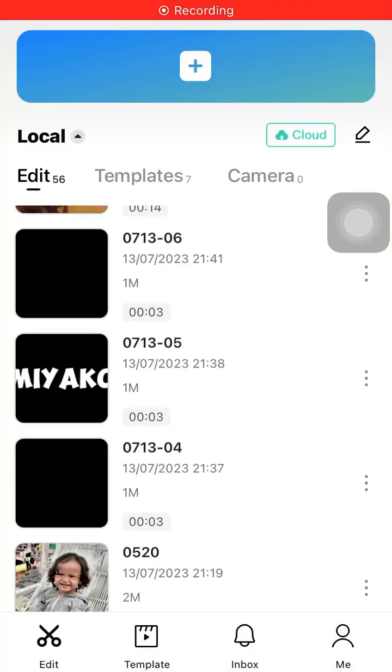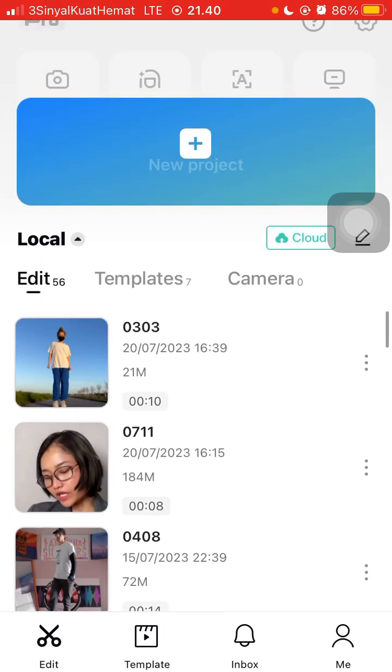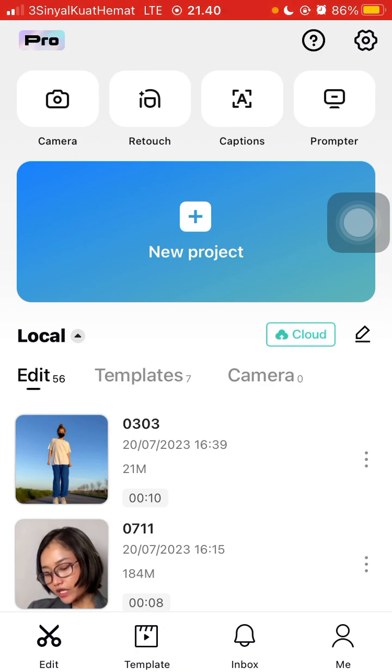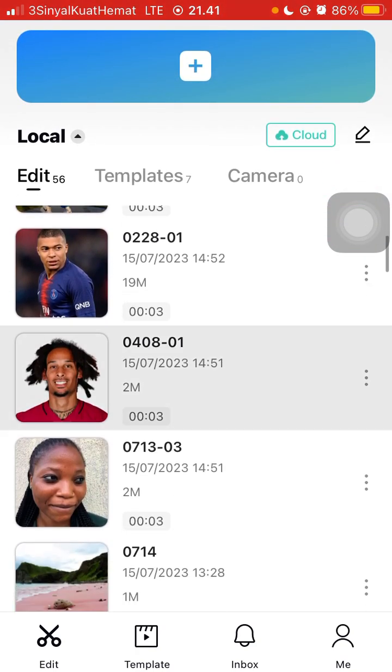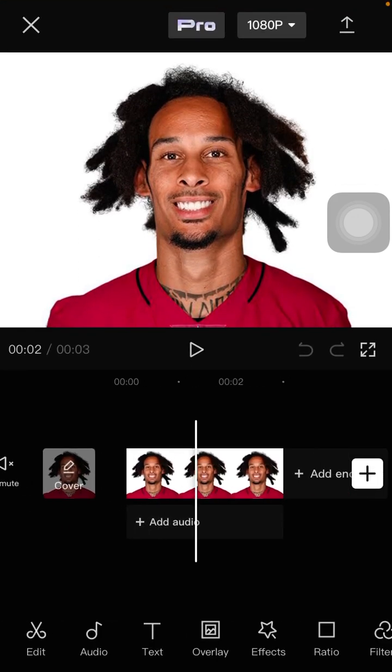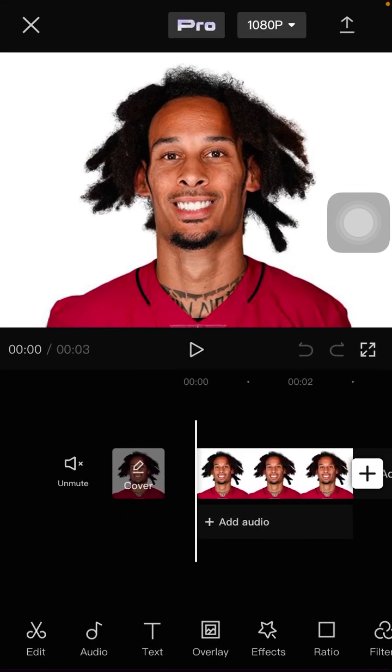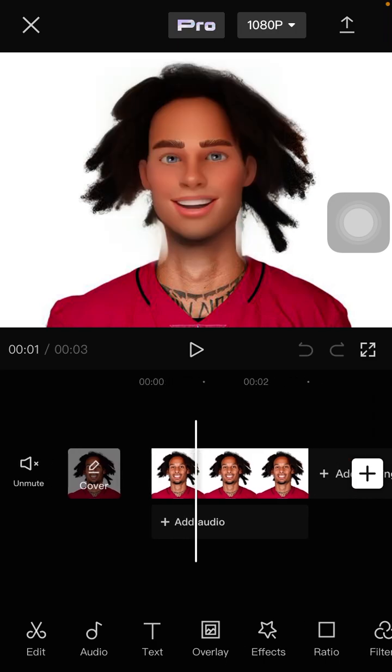Hello everyone, in this video I'm going to show you how you can change gender from male to female on CapCut apps. So you can tap on your project and select your photo that you like to edit. For example, I'm going to open my project. There is a photo here, and to make